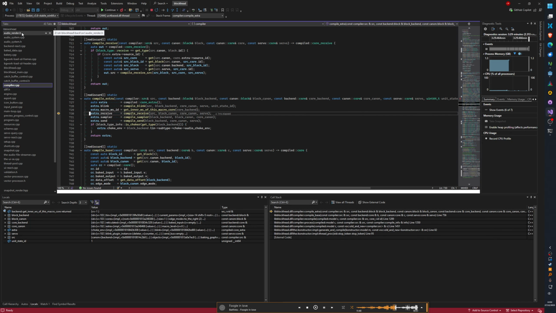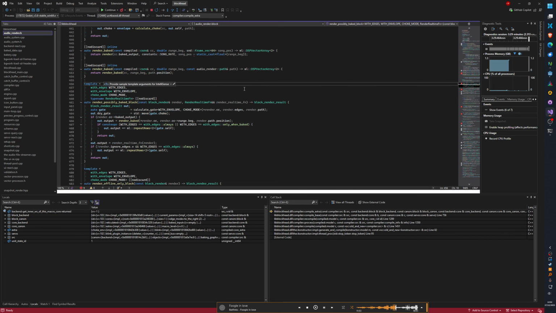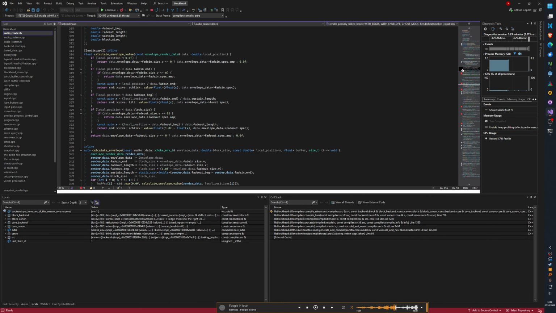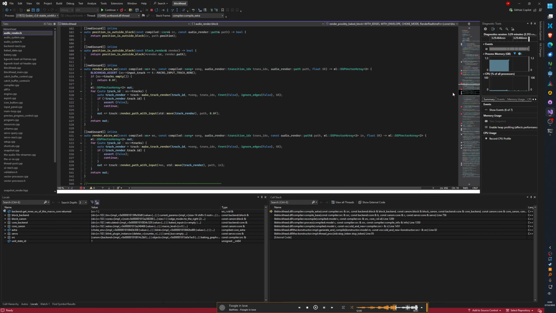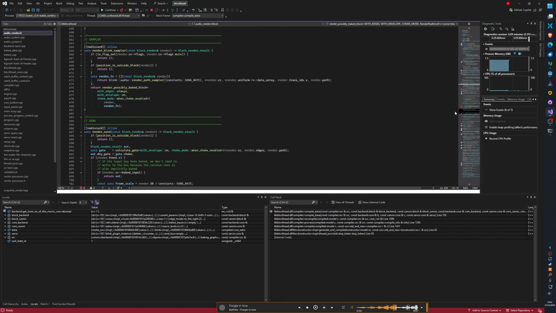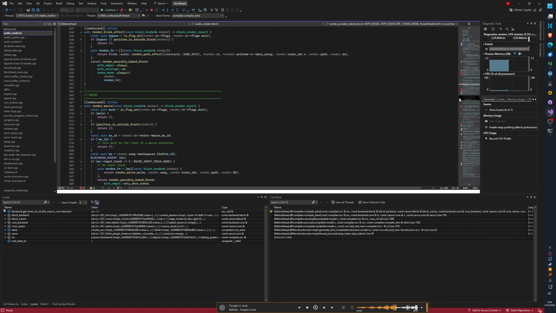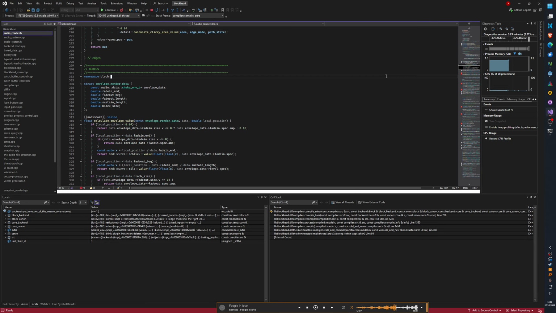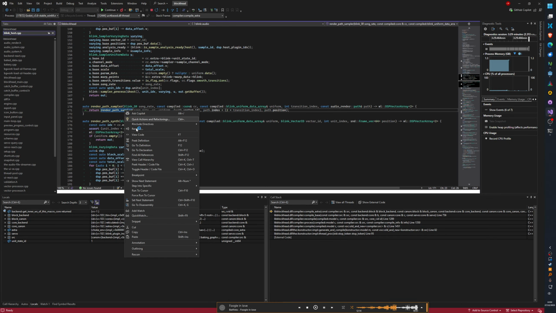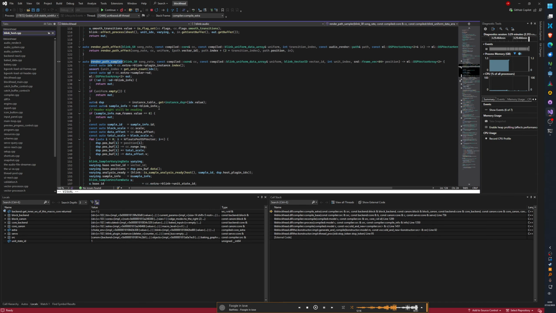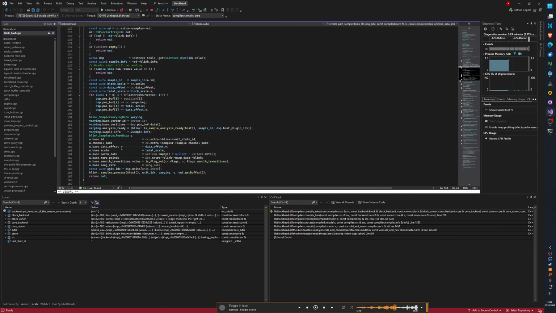How does that get into the plugin? I don't remember. How does it get in there? Can't find it. Sampler. Warp points.